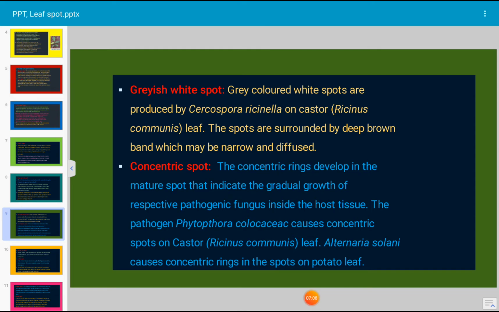The concentric rings develop in the mature spot that indicate the gradual growth of the respective pathogenic fungus inside the host tissue. The pathogen Phytophthora colocasiae causes concentric spots on Ricinus communis leaf, and Alternaria solani also causes concentric spots on the leaf of potato and tomato.